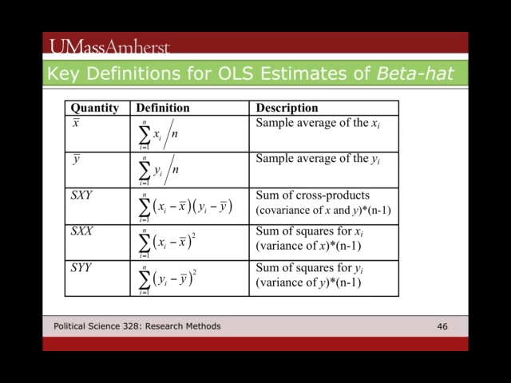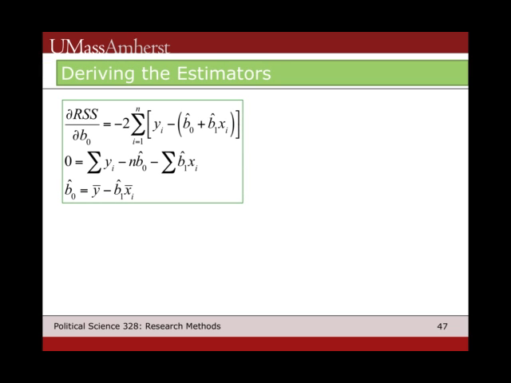It makes it a little bit easier to express what our estimates reduce down to. And we've already talked about the residual sum of squares. So to derive the estimators, and again, I'm not going to go into a lot of detail about this, in essence, we want to find a number such that the expected value of our residual sum of squares with respect to beta 0 should be, in essence, such that the